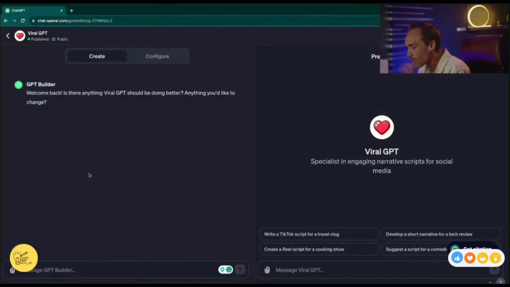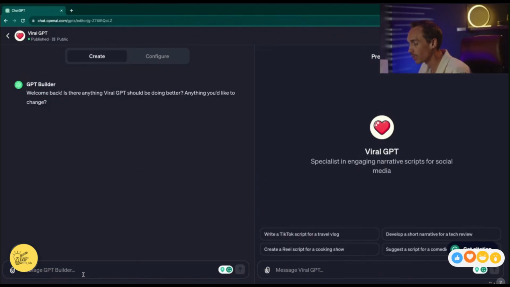Remember, you can talk back and forth with the GPT builder and it will create its own instructions. You just keep telling it, hey, I want this GPT to be able to write scripts for social media. And then you test it out over here. And then you realize that, okay, it's giving you the visual component of what you should show in the video, and it's telling you what to say. And then you can further iterate saying,